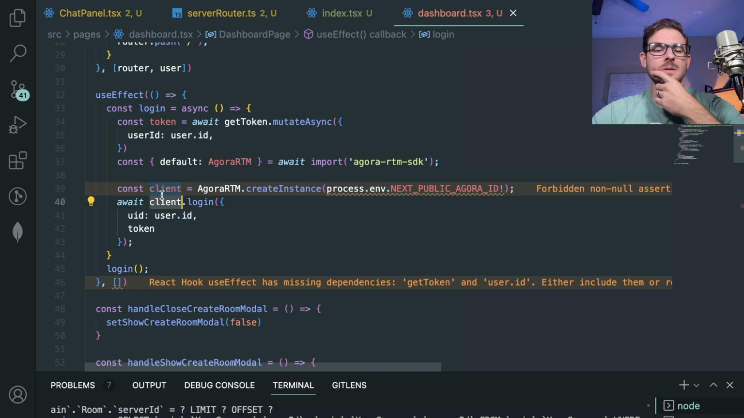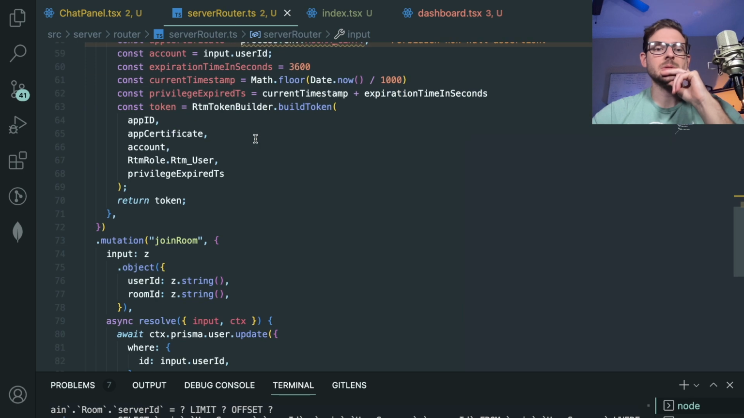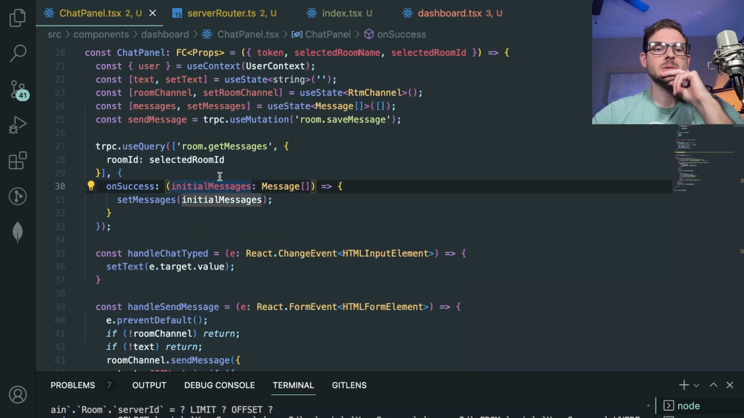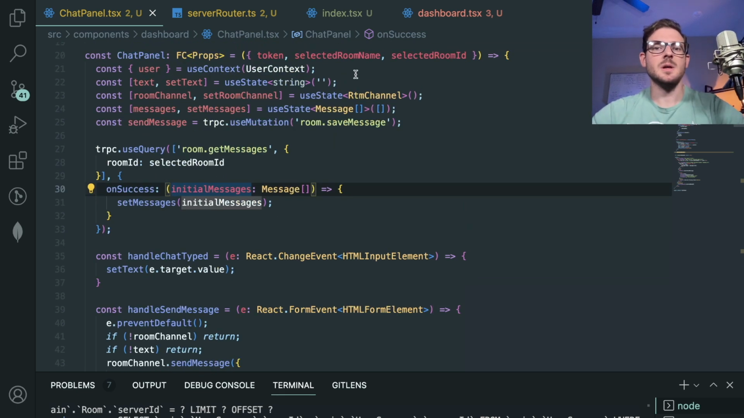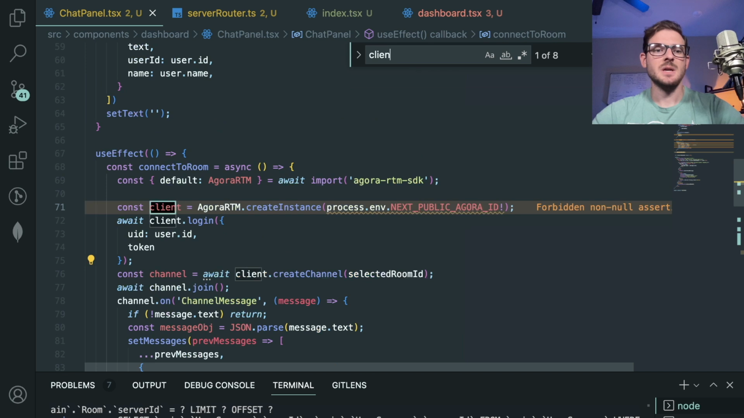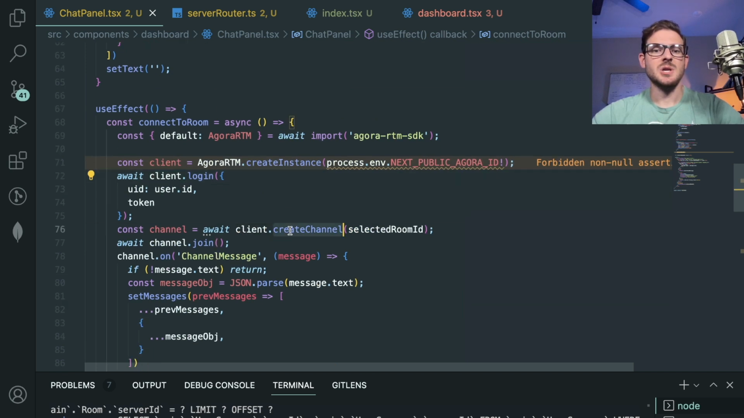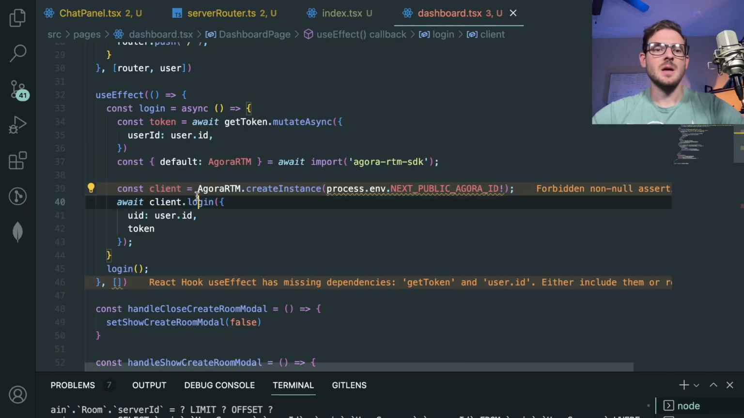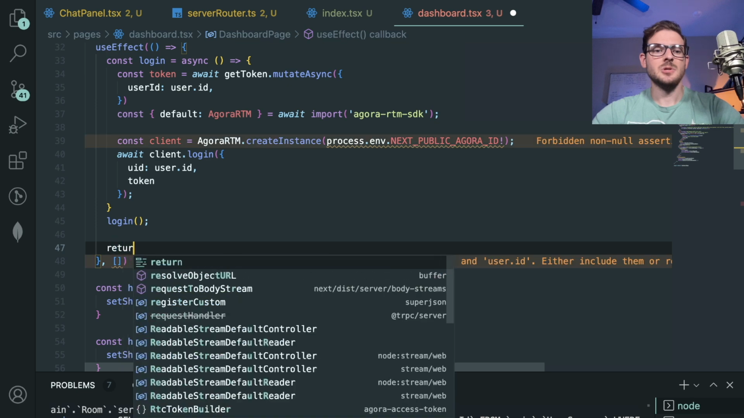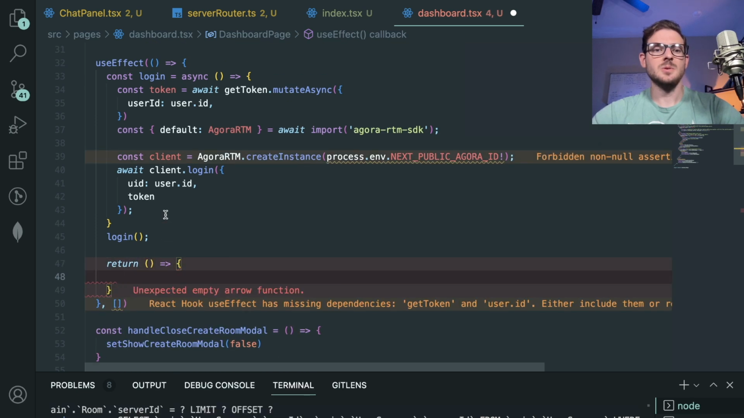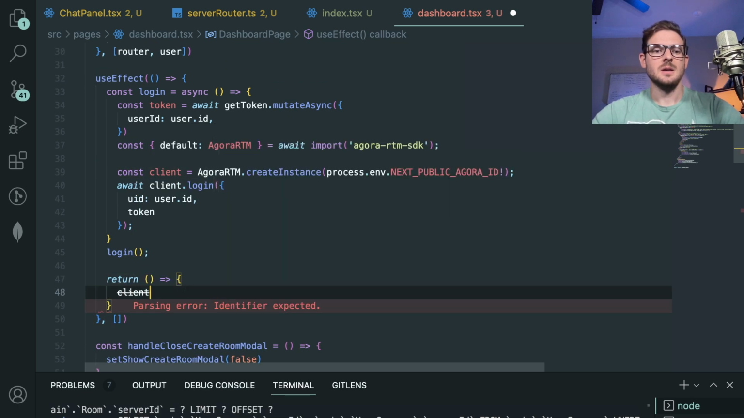Client logged in. And now we need to have this client thing, and we probably need to send it to lower levels. Where do we use client? From the chat panel, we say client.createChannel. And the channel is based on the room you selected. So I think we need to probably return a cleanup function here. So return a function that is going to say client dot